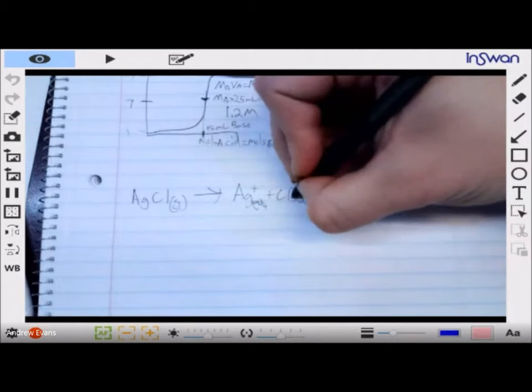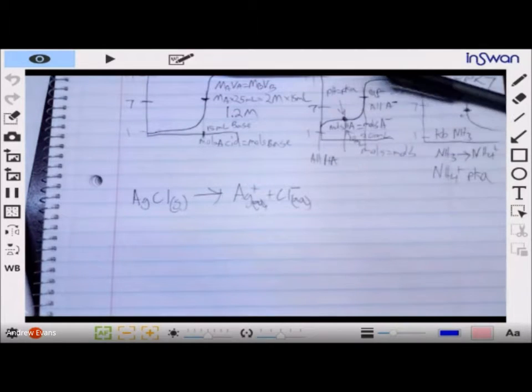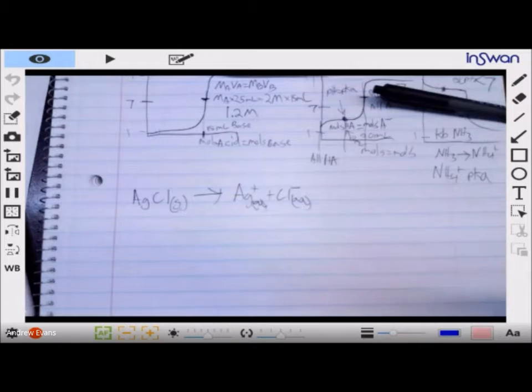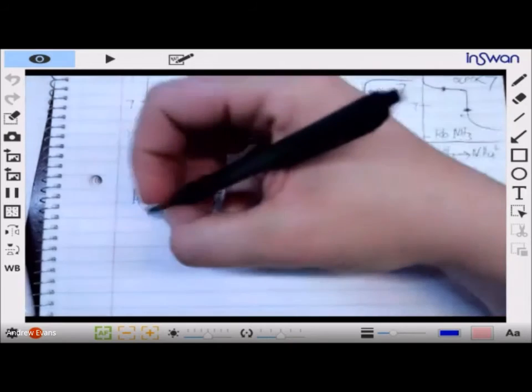Unlike with our acids and bases, because we're dealing with solids, our K value, the K expression, is a little bit easier to deal with, because I'm looking up the KSP. Okay. All right. So the KSP is